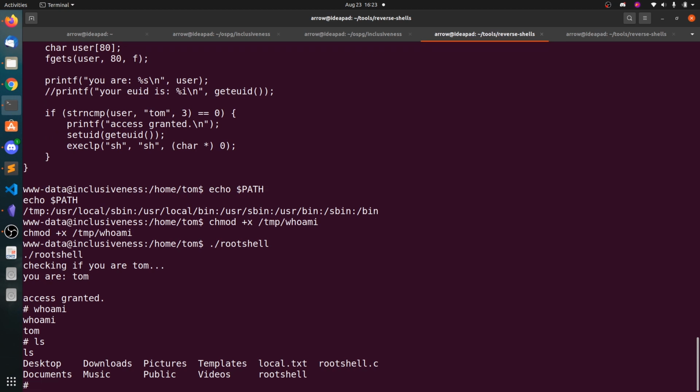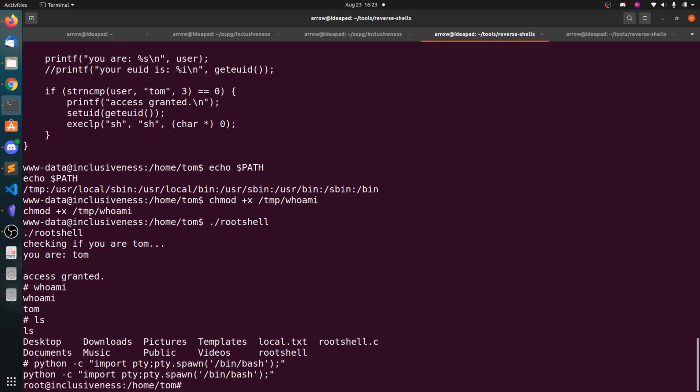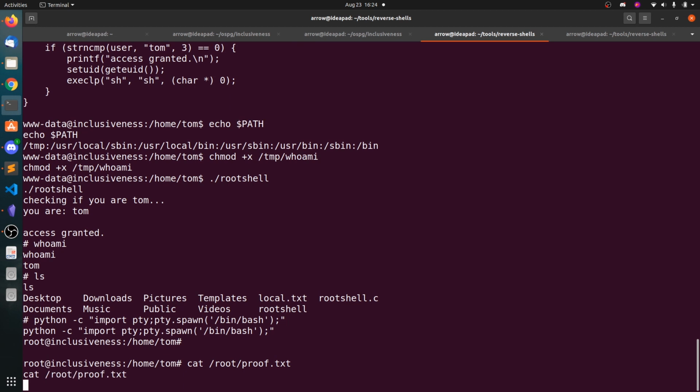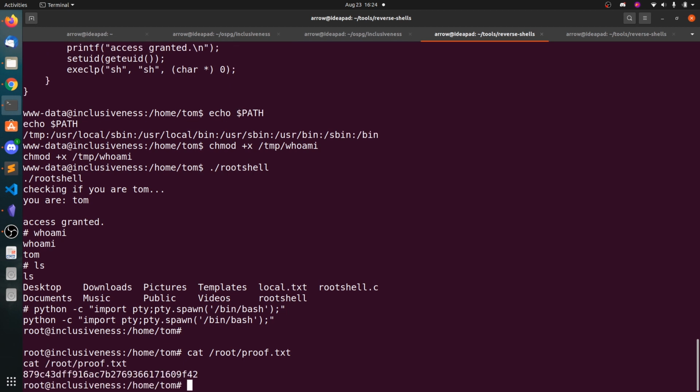I think we need to do further, so let's do that. Okay, Tom is a root user. Alright, so you can read any file and you can add some persistence.